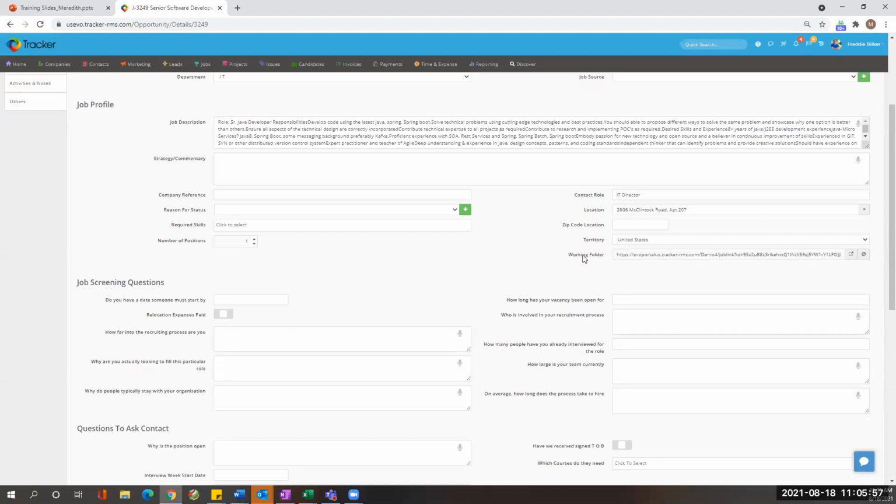And then we also have the link to our working folder. This is a bit newer of a feature. If you're not super familiar with it, I highly suggest you reach down here in your right-hand bottom corner and go ahead and open up a question with support and maybe get some more information on how we can start using this working folder. This is actually going to be for essentially just organizing some of those submittal processes with